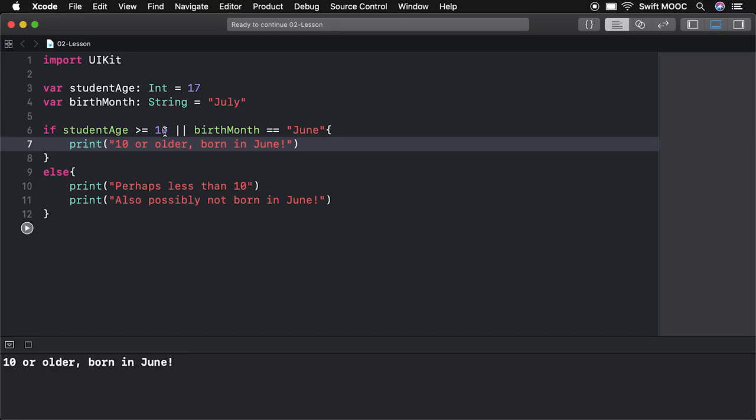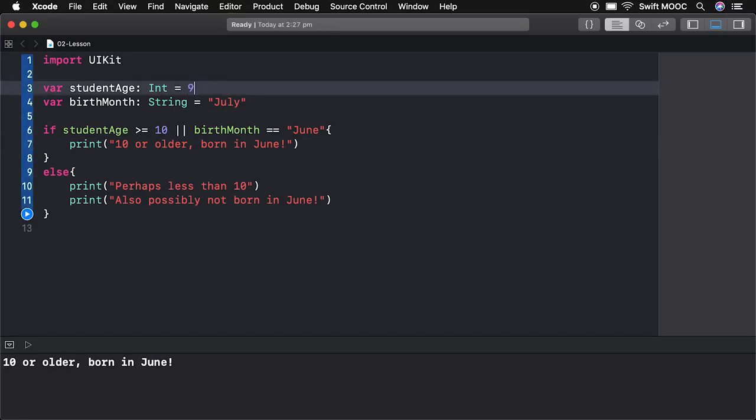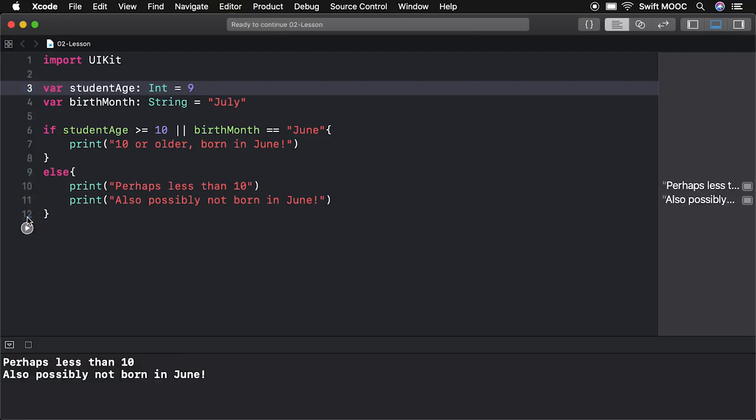Okay, let's make another change here. So let's look at changing the value here of our student age, let's say to 9. So our student age is now 9 and we're checking if student age is greater than or equal to 10 or birth month equals June. So let's run this code and you'll see that we got perhaps less than 10, also possibly not born in June, because our student age